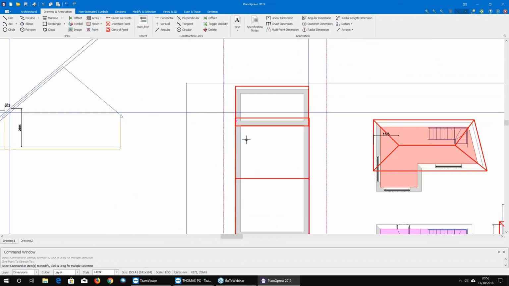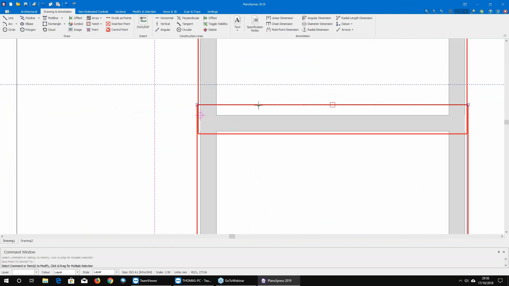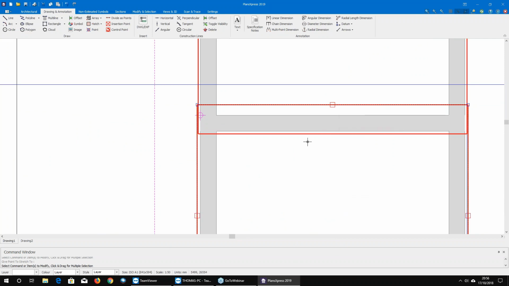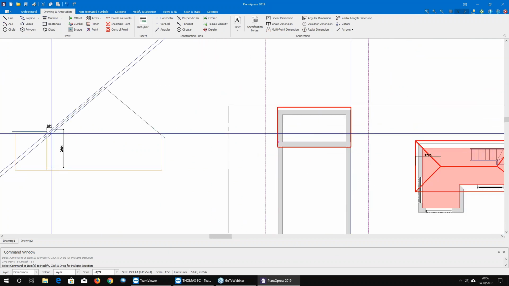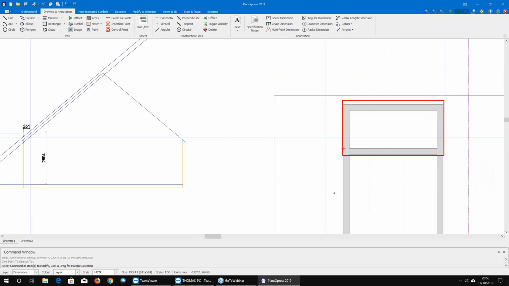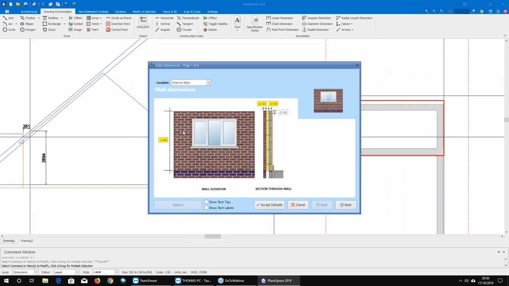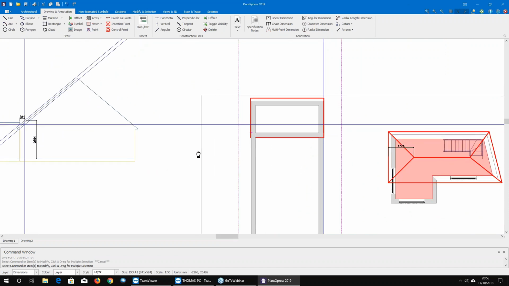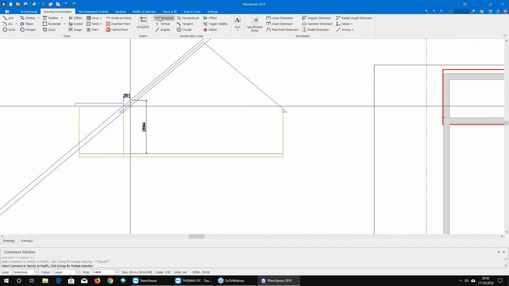That's it. Select all lines for this roof. Let's delete them. All right. 26.94. Let's change this roof here. 26.94. And that distance is